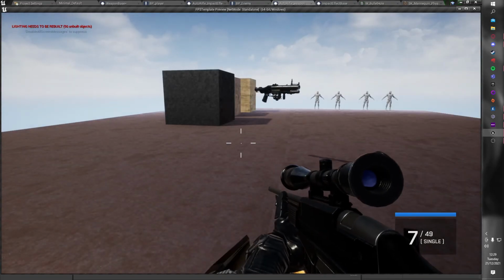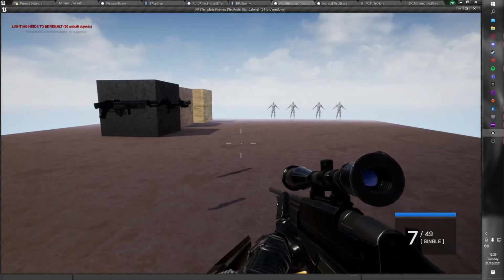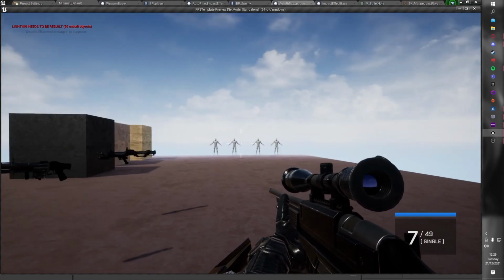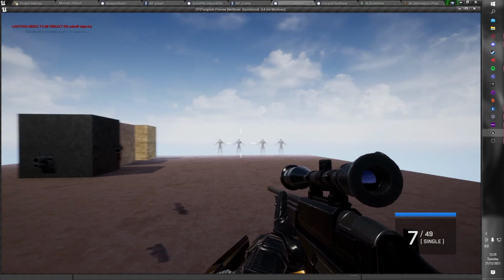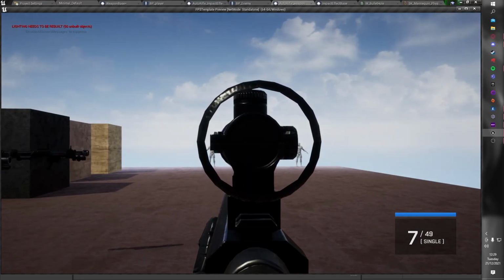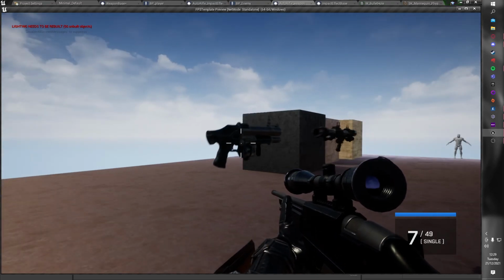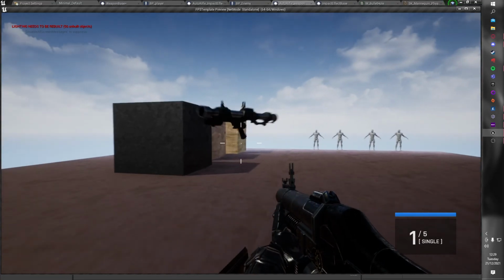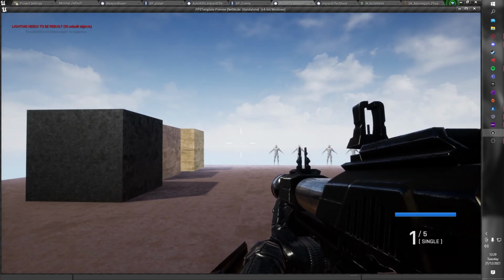The sniper rifle is the only one that looks a bit weird, but that's because the way I've got the sniper rifle's aim down sights is going to be completely different, because it's actually going to have like the sniper reticle, so it kind of looks stupid at the moment. Grenade launcher, because it's going to have an arc on it, and the rocket launcher is the only one I'm having trouble with,